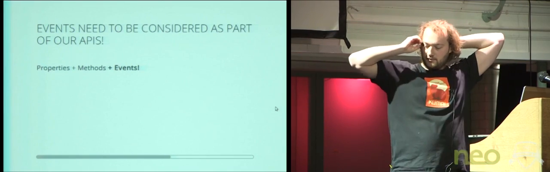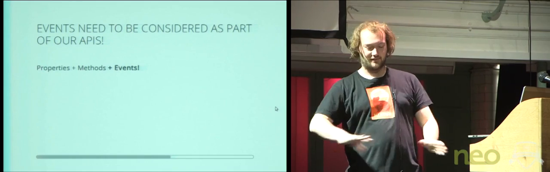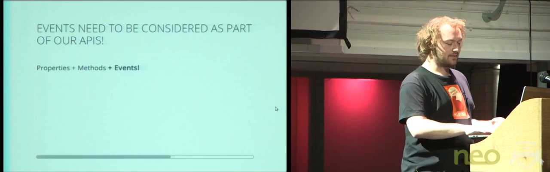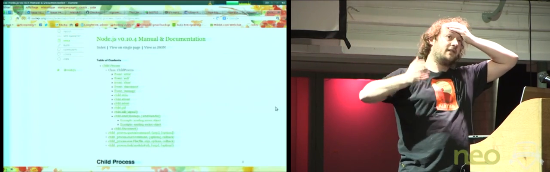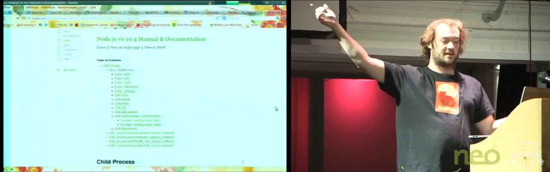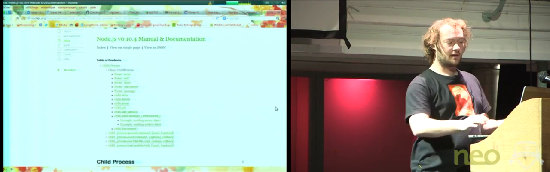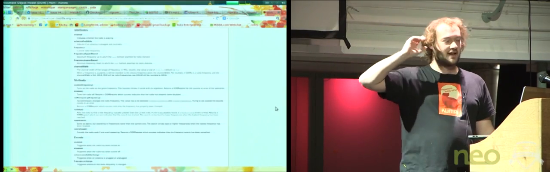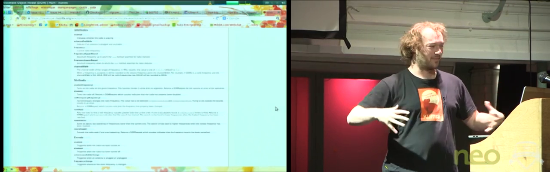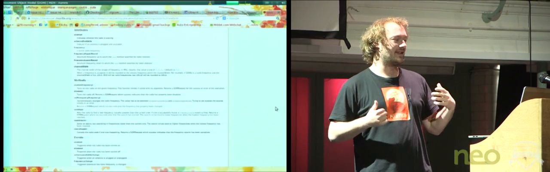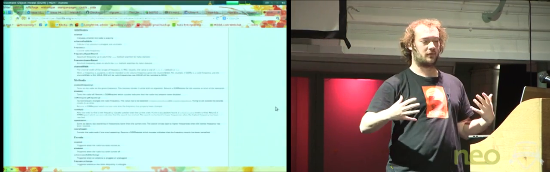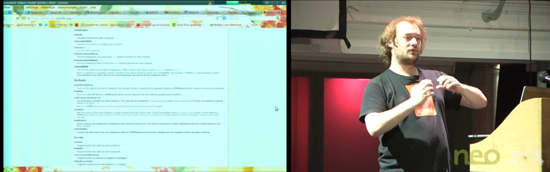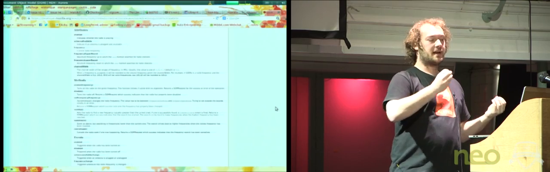I had this idea on my own, on my side of the world. And then I started looking around, and I noticed that in Node.js, events are documented the same way as properties and methods. On MDN, the same. Yeah, this one is cheating. I wrote that page. But the overall point is that events are part of the programming that we're doing, and it makes sense to have them alongside methods and attributes.